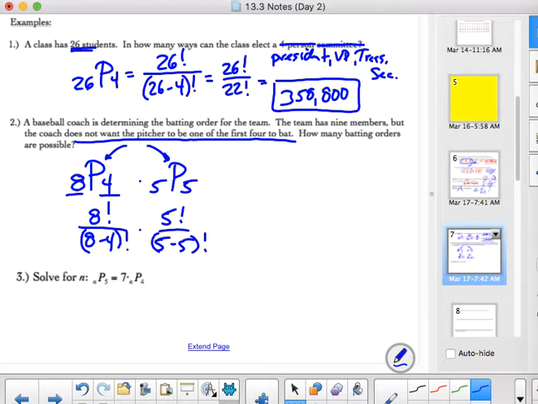Now, the interesting thing about this is we talked about this a little bit yesterday, that 0 factorial, which is what the denominator here actually becomes, has to be equal to 1. That's an important definition, because if it were not defined that way, then this permutation formula would not work. And clearly what we're doing here is we're trying to figure out, if we take a look at the last 5 spots of the batting order, and we have 5 players to order within those 5 slots,